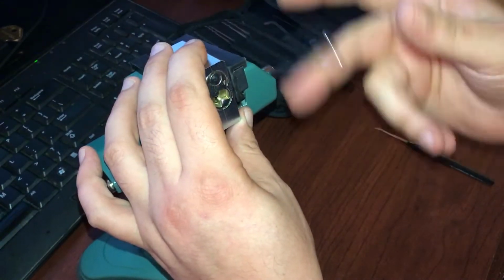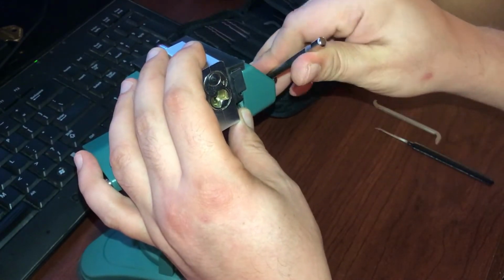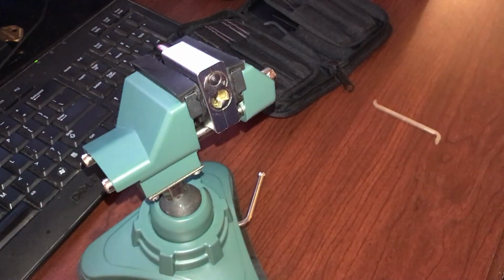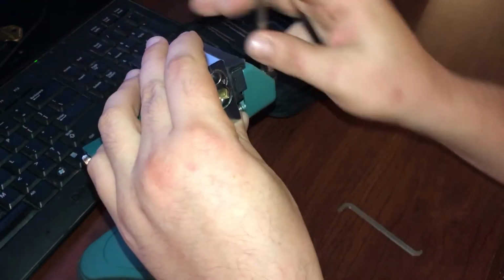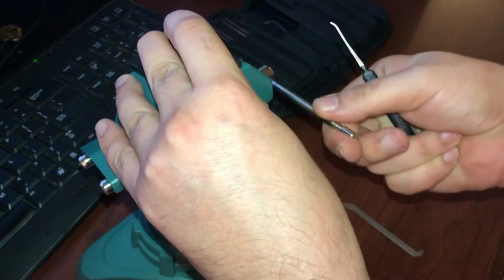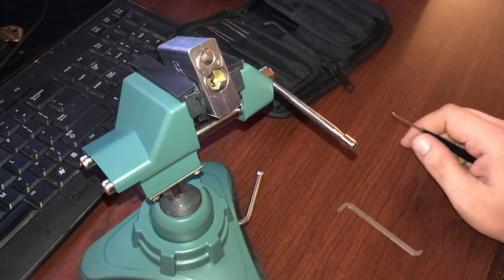in hand, which is my preferred method, but I can tell that in a vise and with a better camera view, actually speaking of camera view, let me angle that up just a little bit for the camera there. Alright,